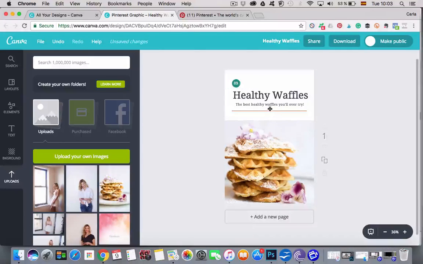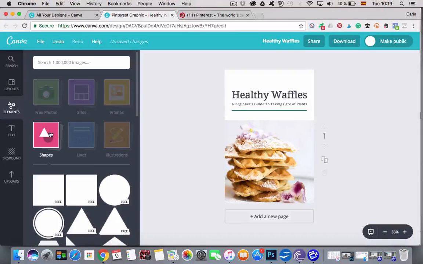And that's automatically updated. Now we don't really want this 03 here, but what we do want is my website. So we're going to get rid of that by simply clicking on it and then deleting it, and the little circle as well. And now what we're going to do is add a colored box. So we're going to head over to the menu. We're going to go to Elements, Shapes,